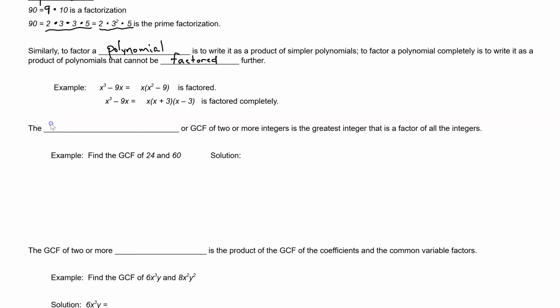The greatest common factor, or GCF, of 2 or more integers is the greatest integer that is a factor of all the integers. An example: find the GCF, or the greatest common factor, of 24 and 60. Now I'm going to show you another way of doing